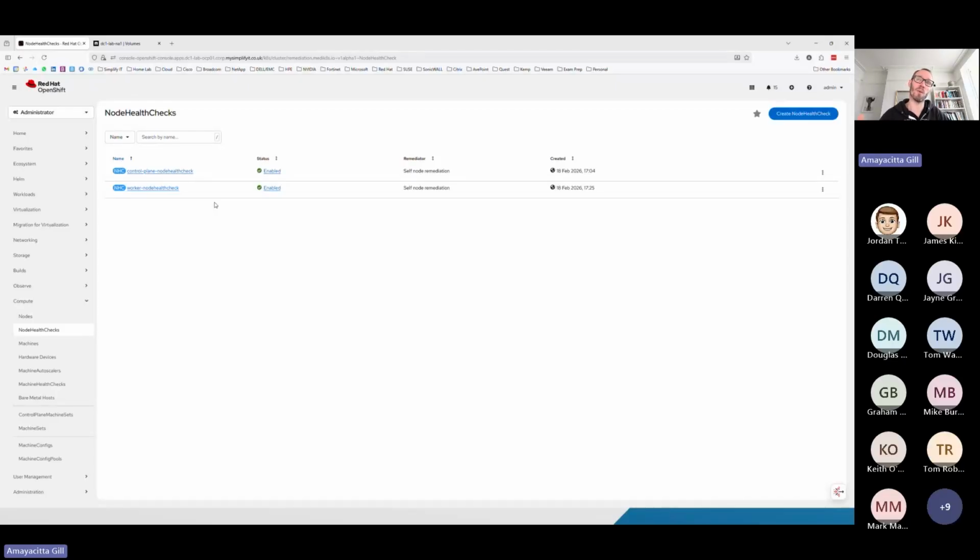There are 3 pathways to configure it. This is one of them. This is called self-node remediation. It's almost identical to Proxmox, so it uses a softdog kernel module. There are other fencing modes. One uses the IPMI, iLO, out-of-band networking to determine whether it is or isn't fenced. And there's another one which uses the bare metal provisioning